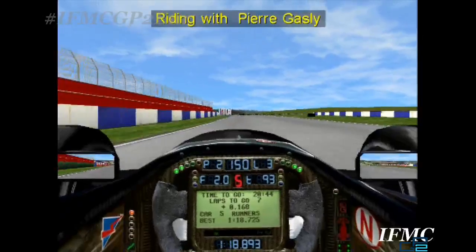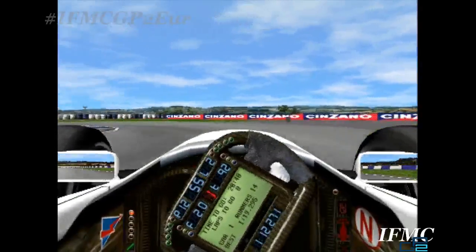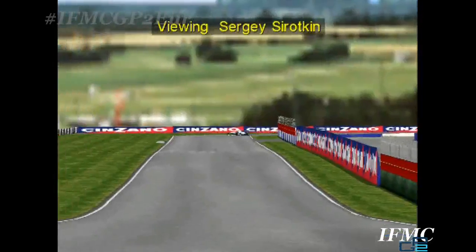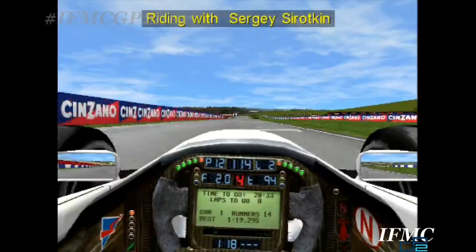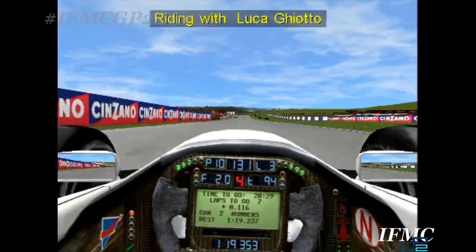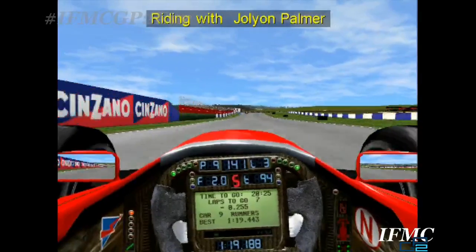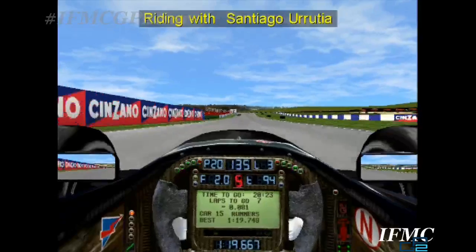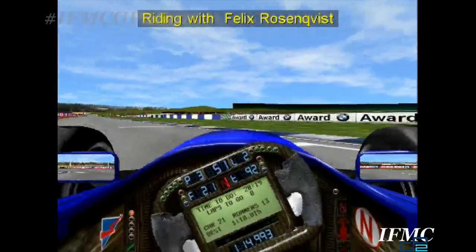Gasly doesn't improve, stays in 2nd place, still a few hundredths behind Russell at this stage, as here comes Sergei Sirotkin in the EMR, currently in 12th place, heading down the pit straight, and Sirotkin will now cross the line, and he goes up to 8th, so he gets into the top 10 himself. Giotto, his teammate, stays on the cusp of the top 10, staying in 10th, as up into 9th place goes Palmer, so now Giotto is outside the top 10. Up to 20th goes Santiago Urrutia, so not much of an improvement for Urrutia, but still an improvement for the